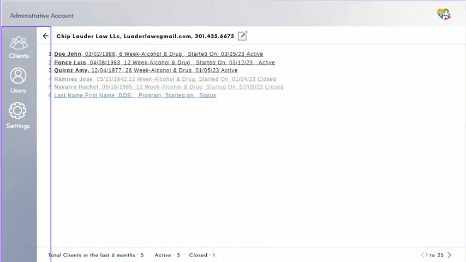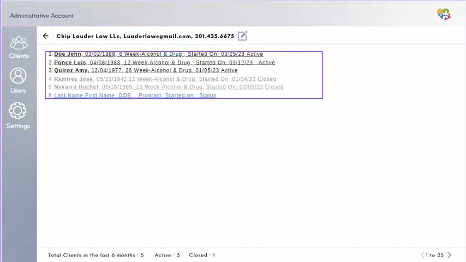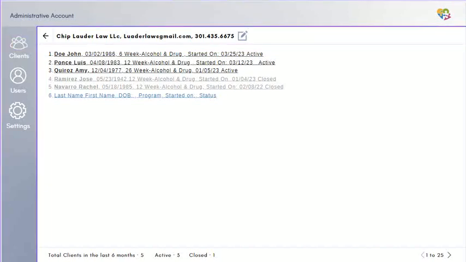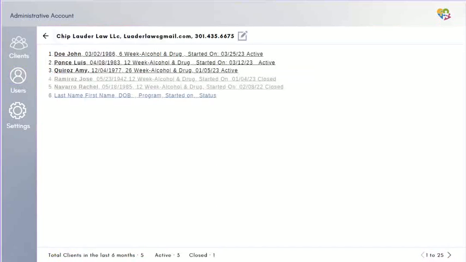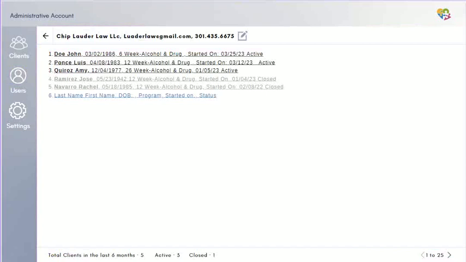If we click on a user, we should see the user's information up top, and then all the clients that are assigned. So in this user tab, we can see the clients divided by the users they're assigned to, right? As opposed to the clients tab, where we saw all the clients mixed together, and then we could see inside their accounts who they're assigned to. But this one is organized by users, right? Because we start with users first. And the same principle, if we click on one user,